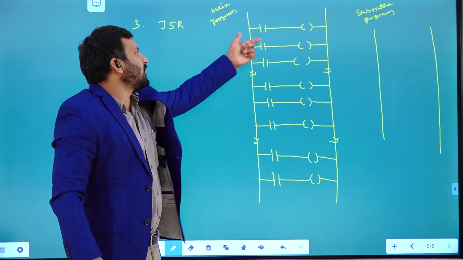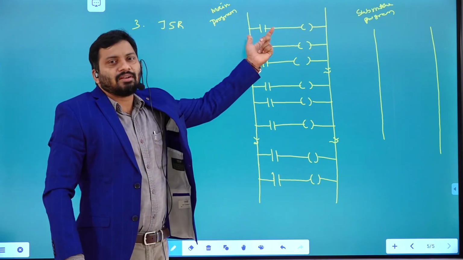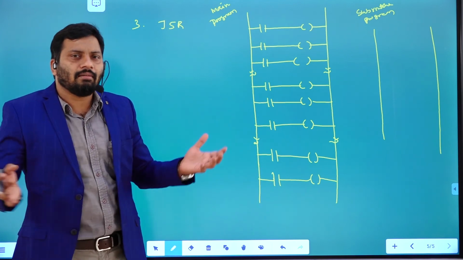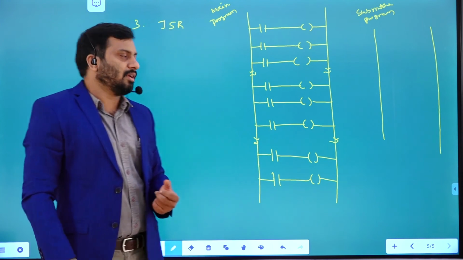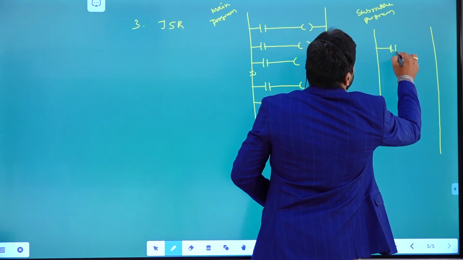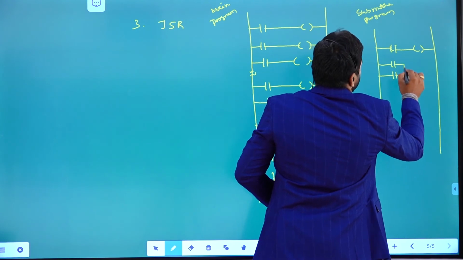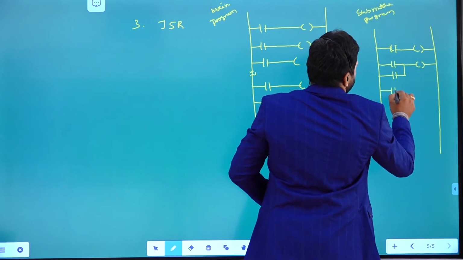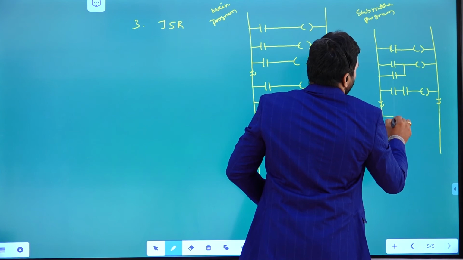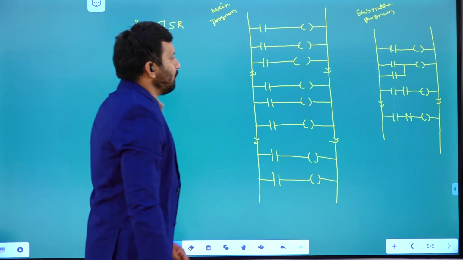For simple understanding, I am giving only one input contact, but normally in applications we have many combinations of inputs, maybe direct contacts, or sometimes timers and counters also come into the picture, right? So this is the main program. This one is the subroutine program, which is also a somewhat big program.